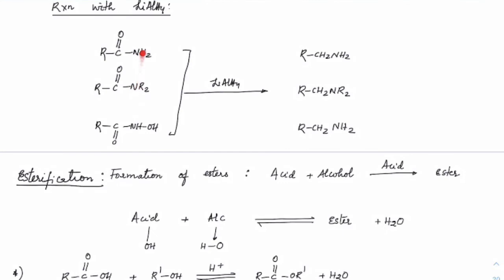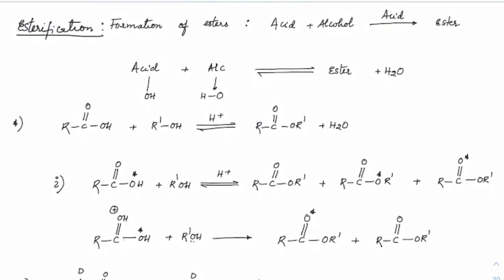Now if you have an amide and it is directly treated with a reducing agent like lithium aluminum hydride, it will convert directly to an amine, and this is not a step-down reaction, all the carbons are intact. So whether we have an amide form or hydroxamic acid form, all of them will give us amines. As far as the syllabus goes, amides are not a separate chapter, but Hofmann bromamide degradation is there in the syllabus. So from there you can check these reactions for amides.